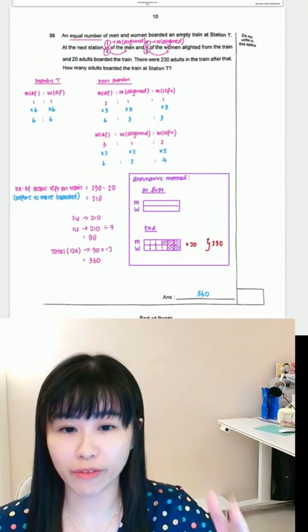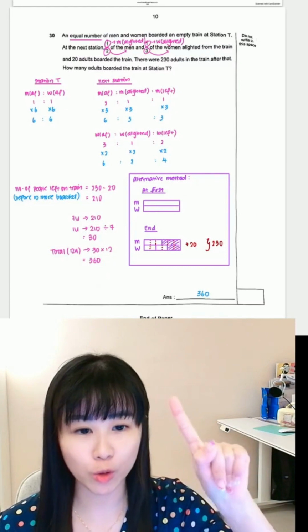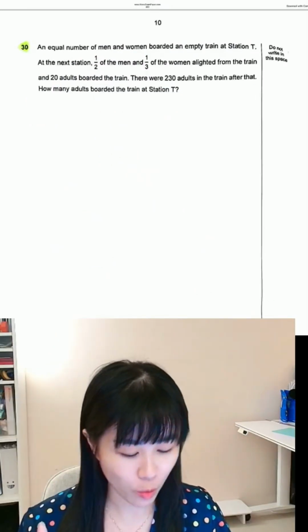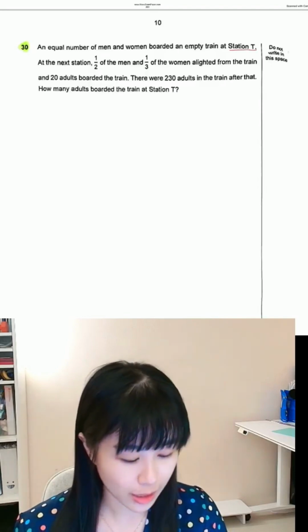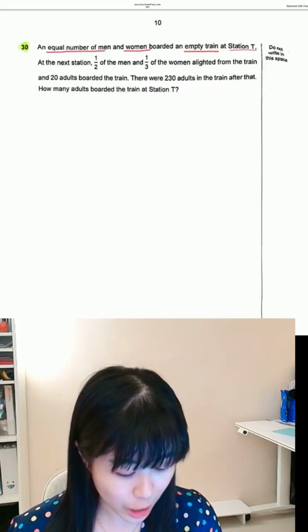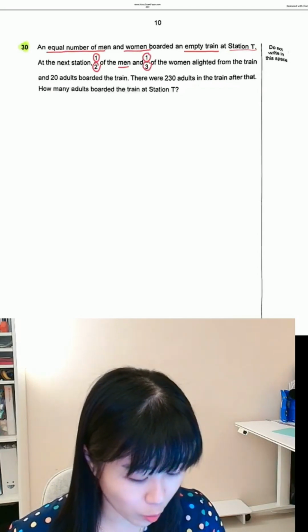Question 30, we have two ways of doing. First way, we can use ratio. The second way, we can use a model. Let me use ratio. An equal number of men and women boarded an empty train at station T. So empty train. Bear in mind, equal number. At the next station, 1 out of 2 of the men and 1 out of 3 of the women alighted